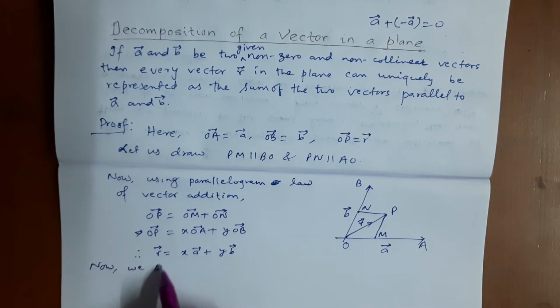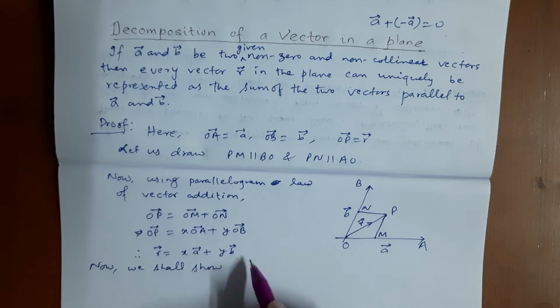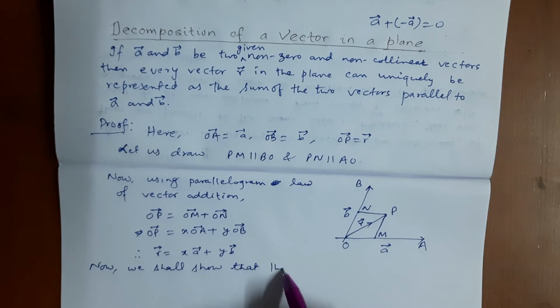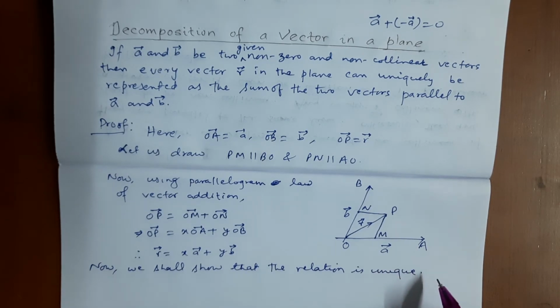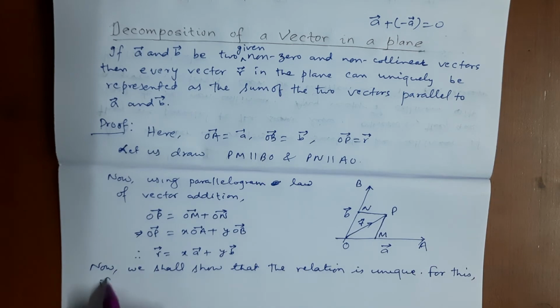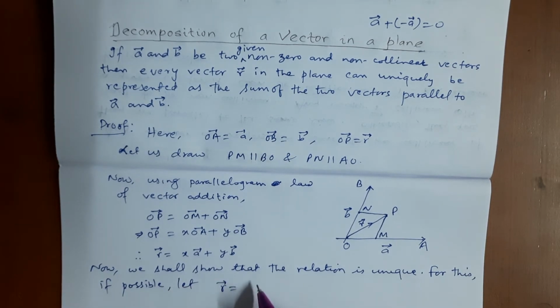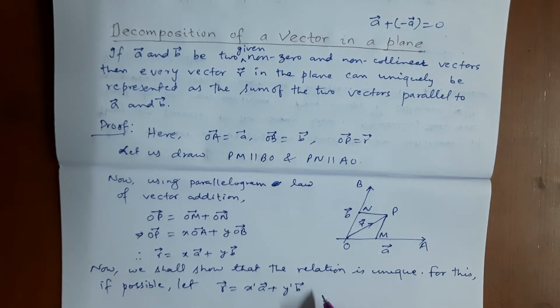Now we shall show that the relation is unique. Unique means it has only one representation, not more than one representation. For this, if possible, let vector R equal X dash vector A plus Y dash vector B, where X dash and Y dash